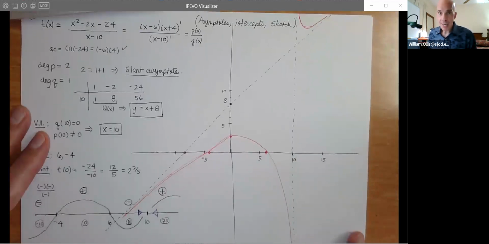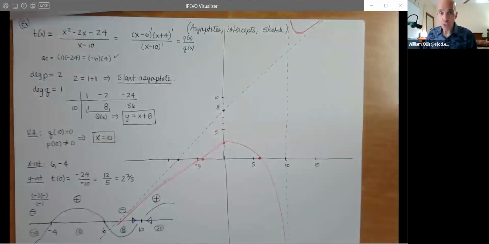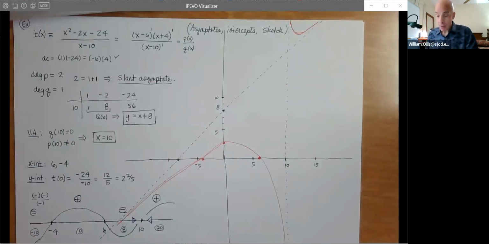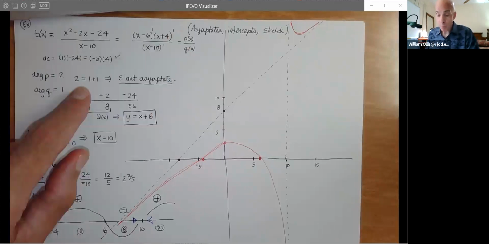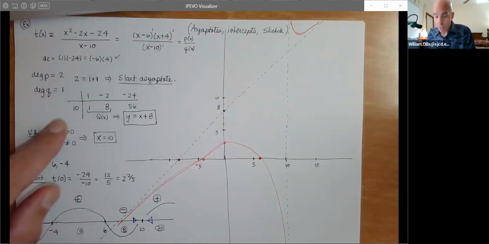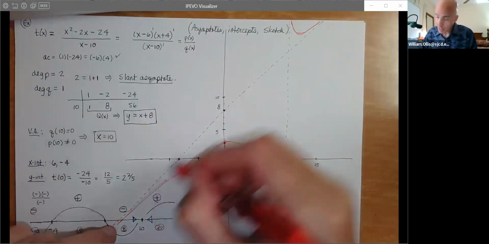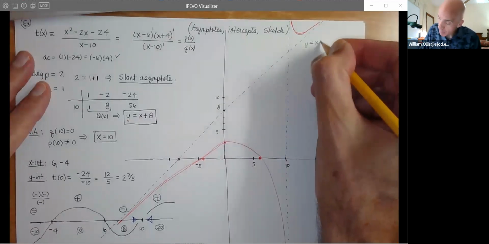So now what we see is we have a nice graph with the slant asymptote that we've been able to do just by doing the basic computations here. So in summary, we get the slant asymptote because of the relationships of the degrees. The degree of P, the numerator, is one more than the degree of the denominator Q. So we can divide using synthetic because we have a simple x minus c polynomial. The quotient gives us how we construct the actual slant asymptote here. And that would be something you could label. You could just say y equals x plus 8